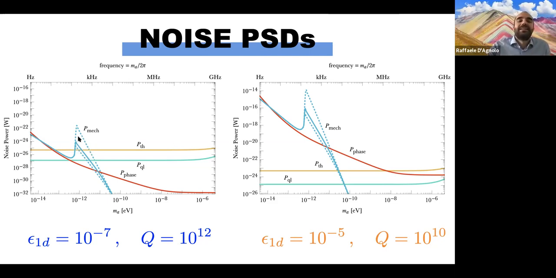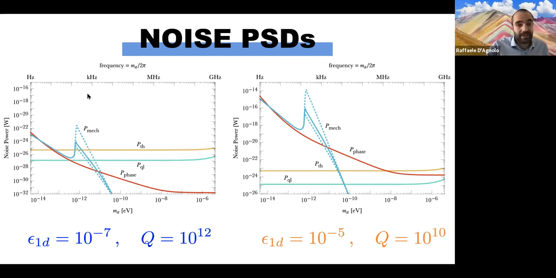This mechanical power and this phase power are the two sources that I described in more detail. So phase refers to the noise from the oscillator and mechanical from vibrations. And you can see that, in the case that's worse than 15 years ago, after a megahertz, you need to take them into account. But in the case that is closer to what we can do today, even with a larger quality factor, it's not going to change a lot if you decrease it to a few times 10 to the 11.